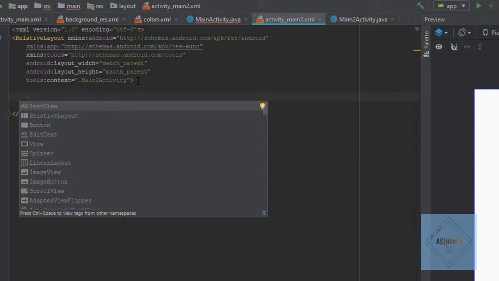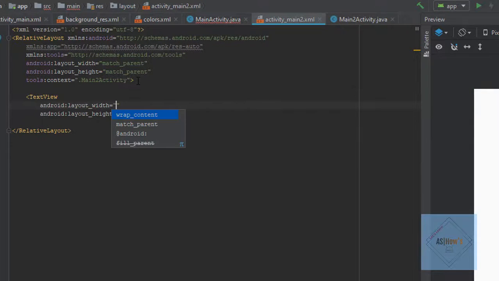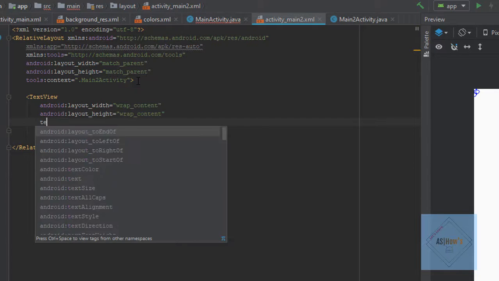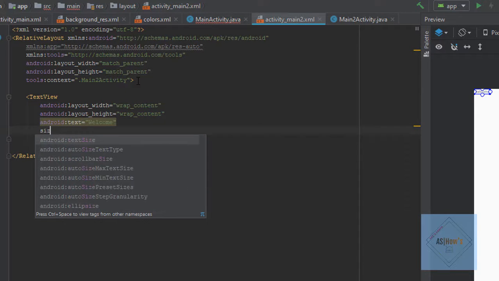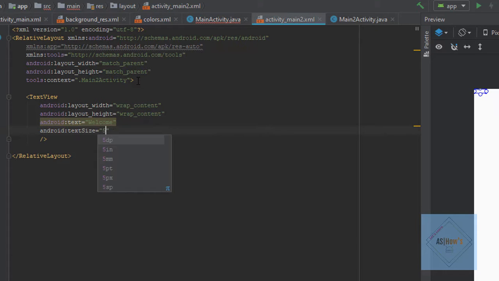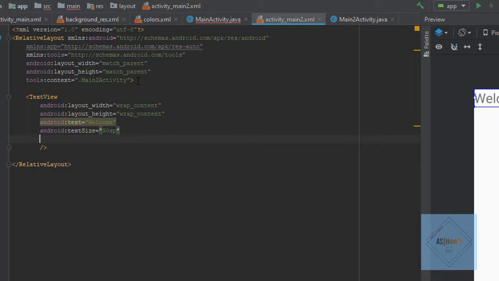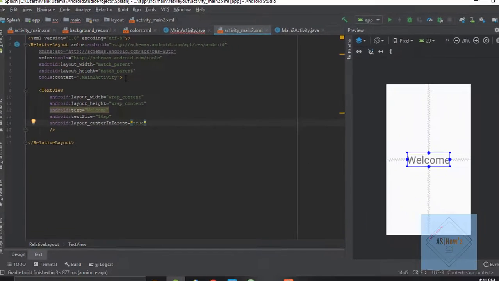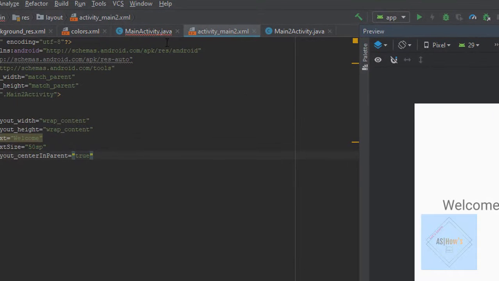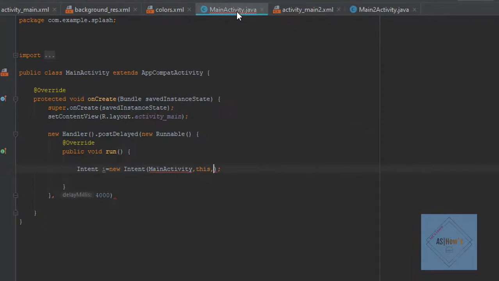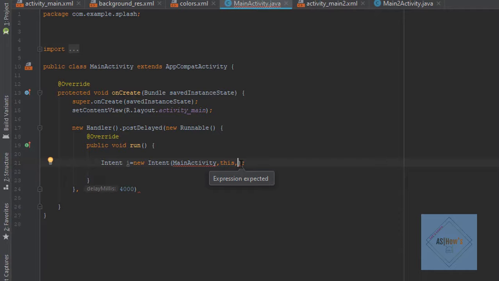And we will add here a text view whose width will be wrap content and height will also be wrap content. The text that will be displayed in this text view will be welcome, and size of this text would be 50 sp, and this text view would be centered in parent. Alright, so this would be our activity_main2.xml. So we will go back to MainActivity.java, and here we will write the name of our second activity,